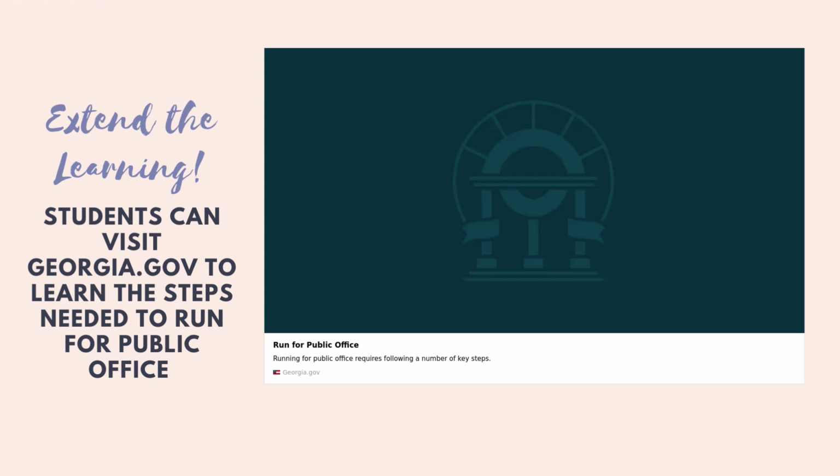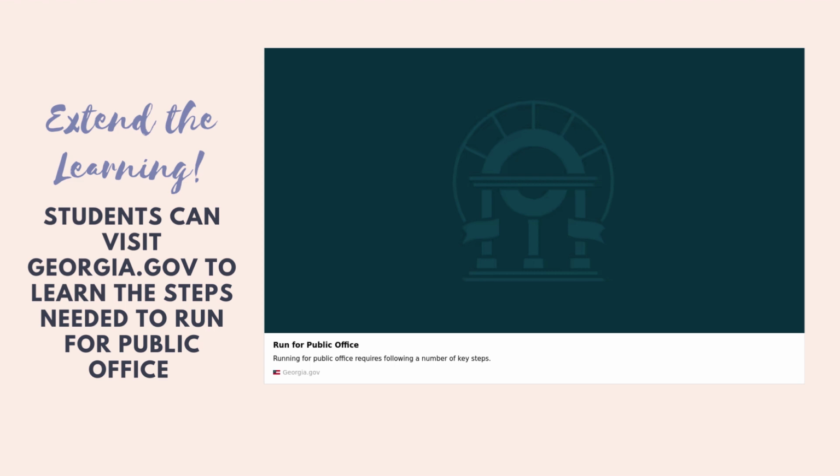Something that they can also do is prepare to basically run in the first place. So there's a fun way to extend the learning because students can visit georgia.gov and learn the steps that are actually needed to run for public office. As a reminder, if you are trying to click on the screen right now, not anything you can do during a video, but if you are a member of our Georgia DOE community, I upload all of our presentations as PDFs where you will notice that this is specifically hyperlinked. So you can go there and click on it and take a look at it.